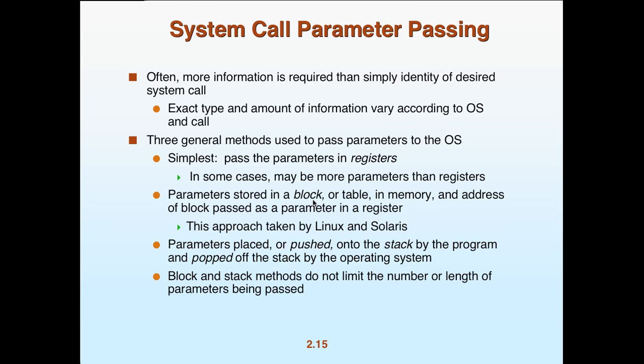And that's the approach taken by Linux and Solaris and Mac OS X. In fact, we don't actually have a system call interface on Windows. It doesn't exist. So it is implemented in the APIs, but we can't run a system call like in Linux. There's too much protection on the kernel. And the kernel has kind of a slightly different way of working with the user. It's doing a lot more automation for the user than it would be in a UNIX and Linux environment. So the parameters are placed or pushed onto a stack by the program, and then they're popped off of the stack by the operating system. And then we have the block and the stack methods that do not limit the number or length of the